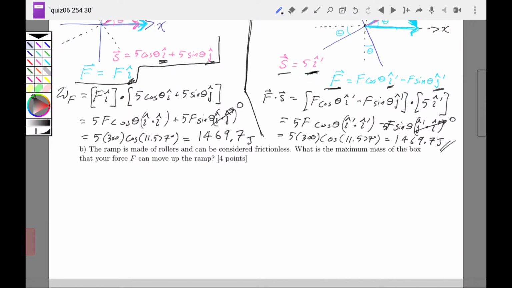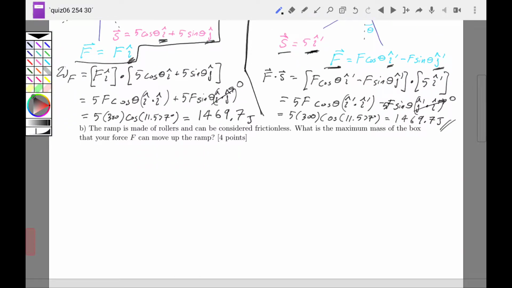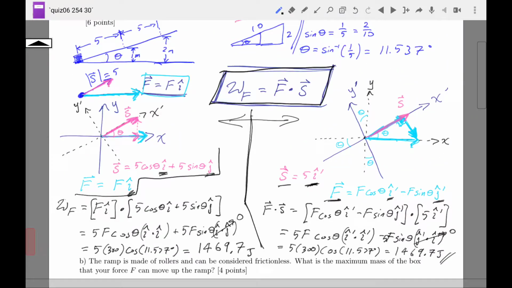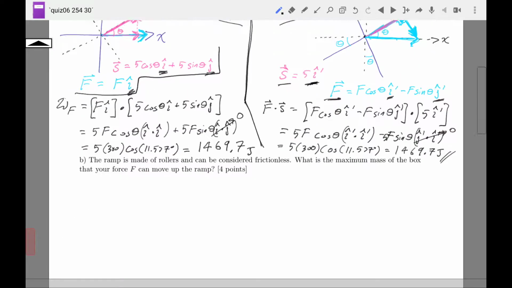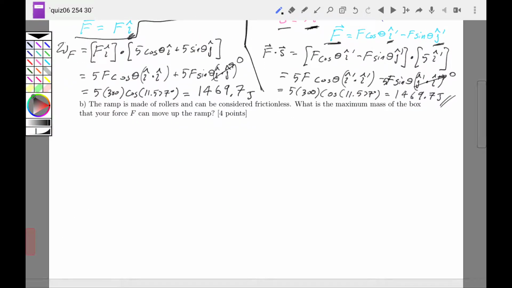Alright, moving on. The ramp is made of rollers and can be considered frictionless. What is the maximum mass of the box that your force F can move up the ramp? Now, we didn't have to use the mass so far, and the mass now is irrelevant. So, what does this mean? What does this mean? So, the key word here,